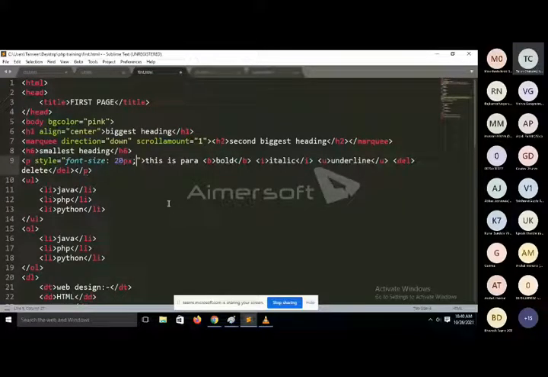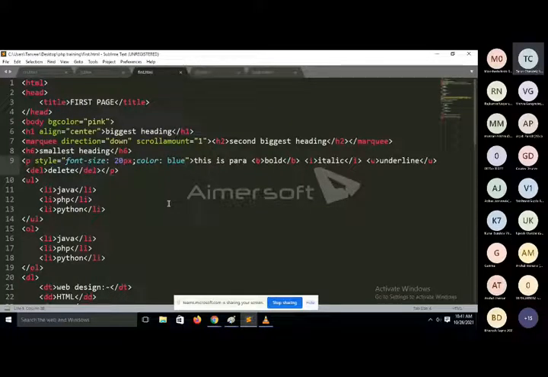Second one is, I just want to use color. You can directly pass any name of a color, like I just want to pass blue here, or either you can pass a color name, or you will use a function called RGB, because we know each and every color is a combination of red, green and blue.